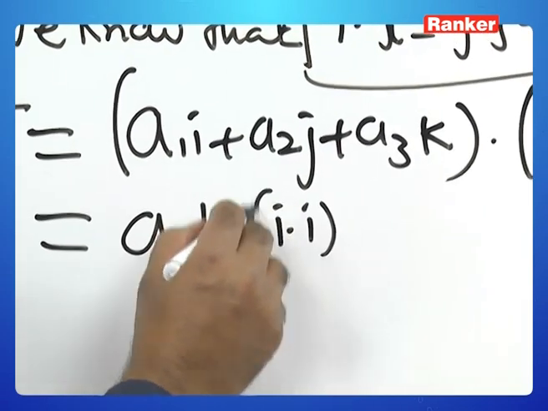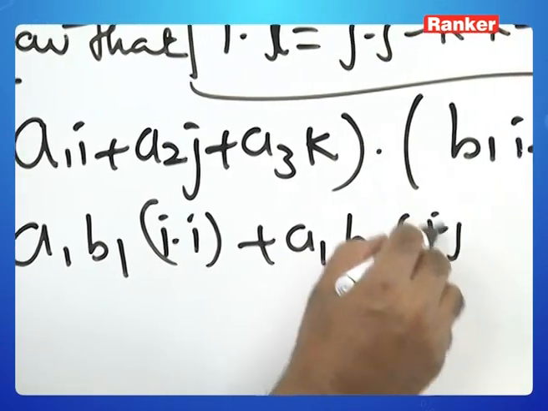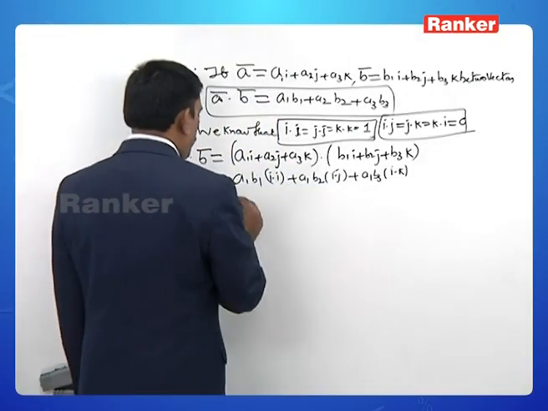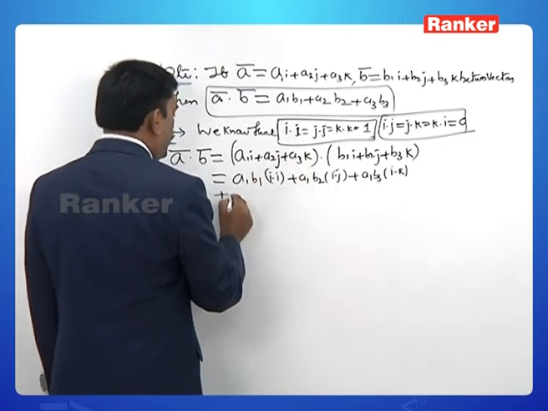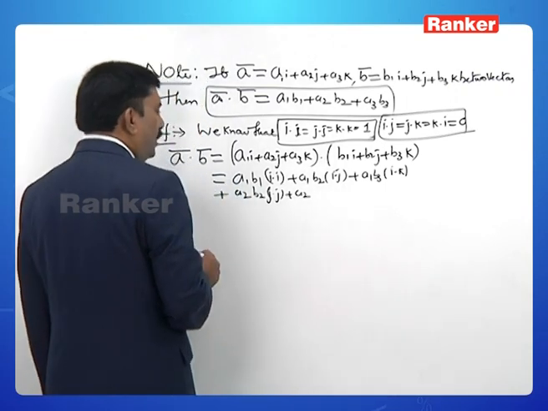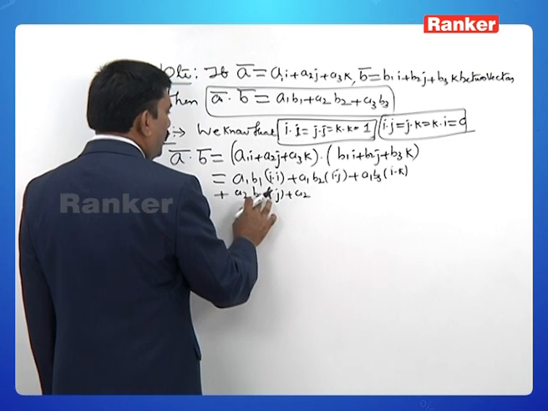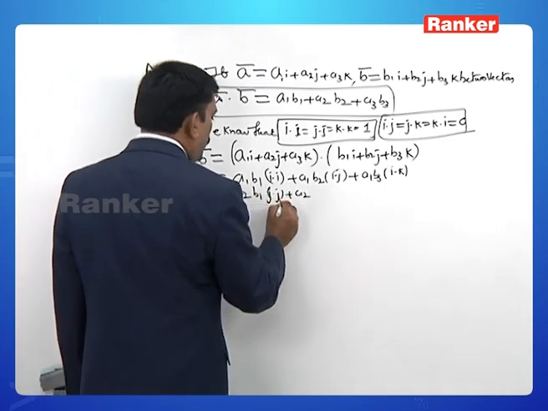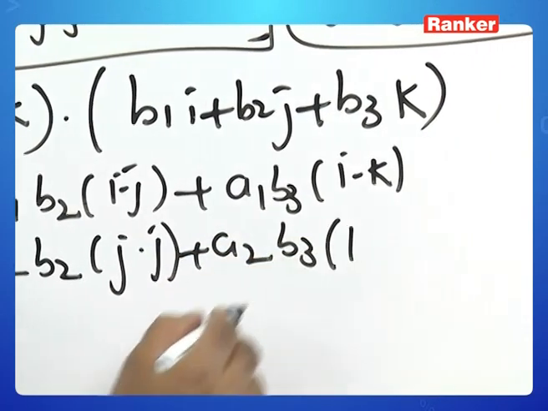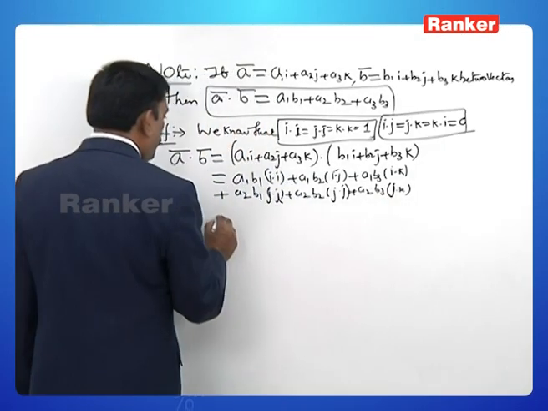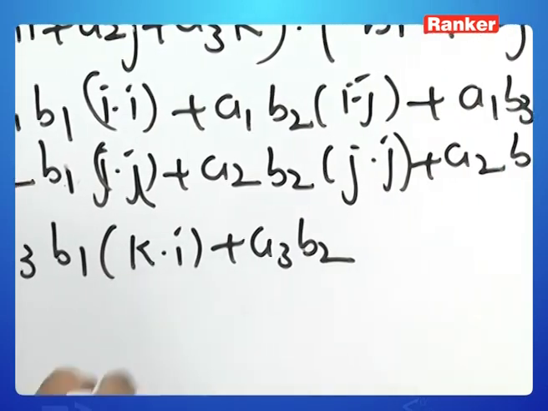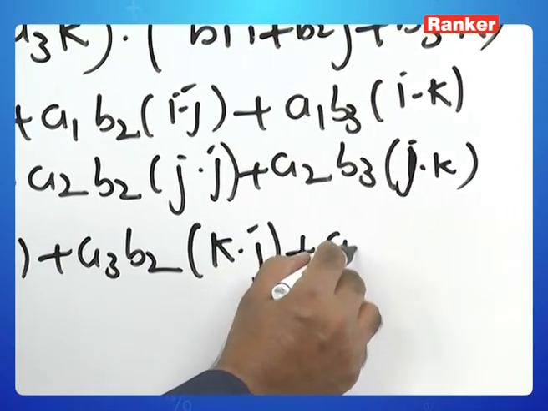A1 B1 into i dot i, A1 B2 into i dot j, A1 B3 into i dot k, plus this with every vector, A2 B1 into j dot i, A2 B2 into j dot j, A2 B3 into j dot k, plus A3 B1 into k dot i, A3 B2 into k dot j, A3 B3 into